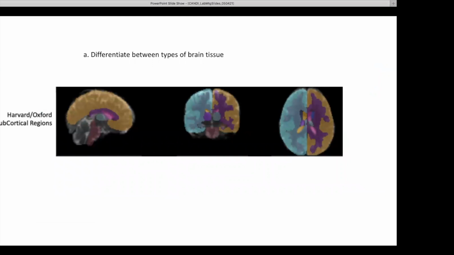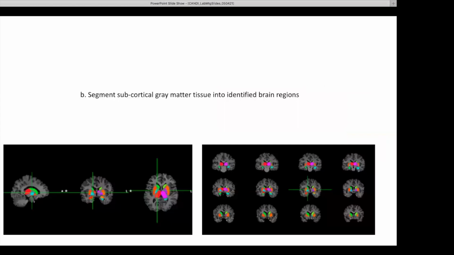So it's a very simple workflow, but the workflow actually involves identifying and differentiating between different types of brain tissue in a specified sample. So gray matter, cortical and subcortical, white matter, and whole brain. And this, by the way, is just a reference image. This is just for educational purposes. It's not from the study itself. So take the tissue types, identify them, and then the task is, okay, segment the subcortical gray matter of the brain in these 24 subjects